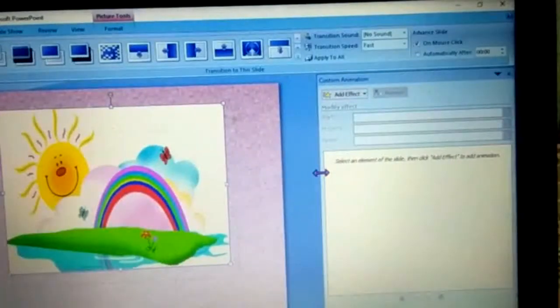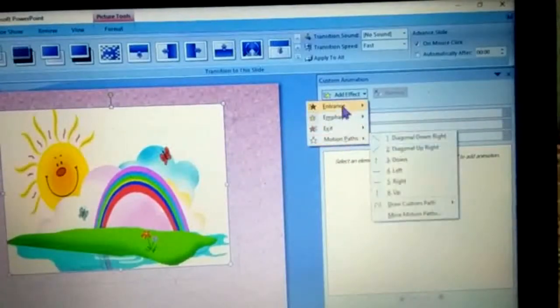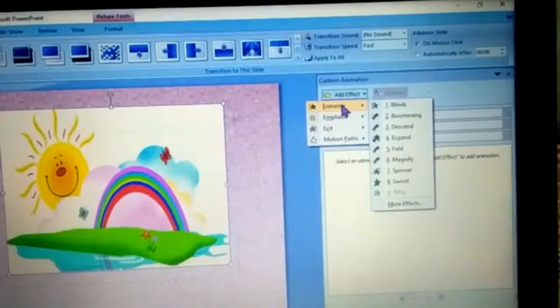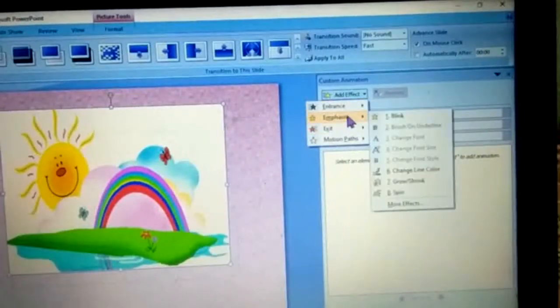So this is the custom animation, and you will click on add effect. After clicking on add effect, there are further options like how you want to enter this object. There is entrance, and there are further options. You want to blind it or boomerang it or descend it or expand it. So many options are there. Then there is the emphasis option. You can choose how to emphasize it.